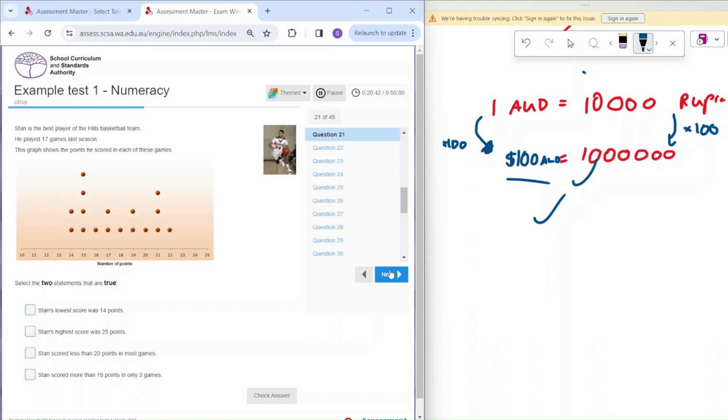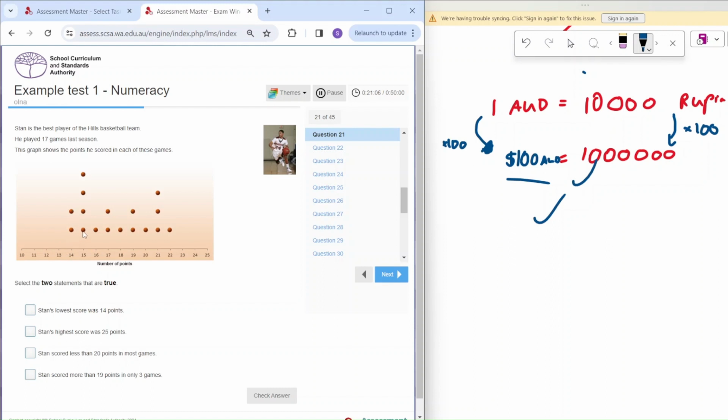Stan's lowest score was 14 points. Is that true? It is. Why wouldn't it be 16 or 18 or 20 or 22? These have got less dots. Well, if we really read the graph and we interpret it, along here is how many points, and each dot is a frequency. So what it means is, out of his 17 games, 2 of those games, 1 and 2,